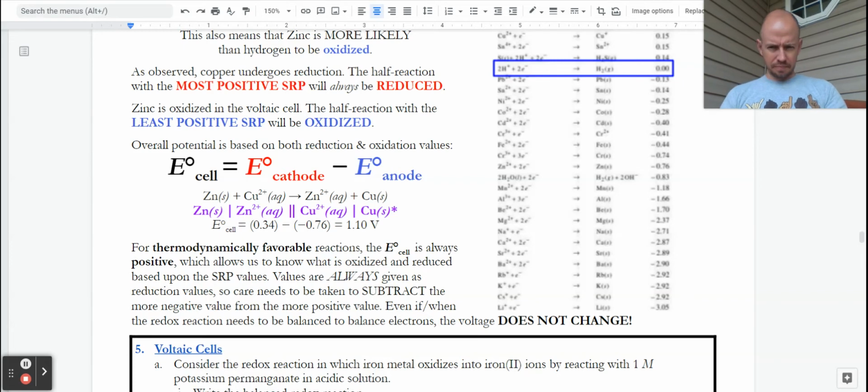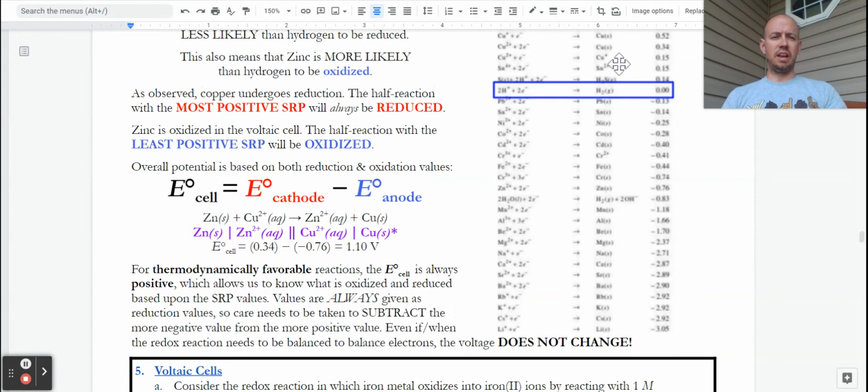Right here in purplish, I have a special notation that you're not going to see on the AP exam, but you will see maybe on some online questions or in a textbook. That's standard cell notation. It just shows us on the left what is being oxidized, on the right what is being reduced, and those single and double lines are kind of dividing our different cells. Once again, we won't need that, but we can think, okay, the zinc is going up in charge, that's oxidized, so that's my anode. So the value for zinc is the second one. The copper is being reduced from +2 down to 0, and that's right up here just off the screen